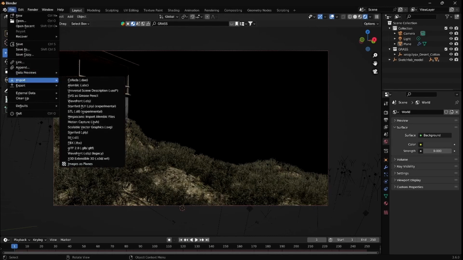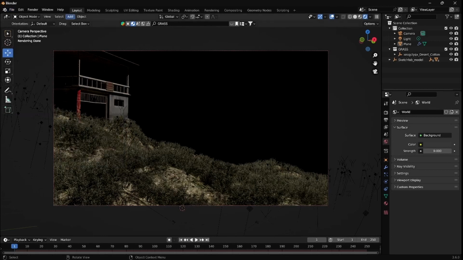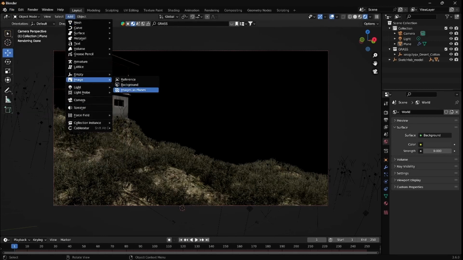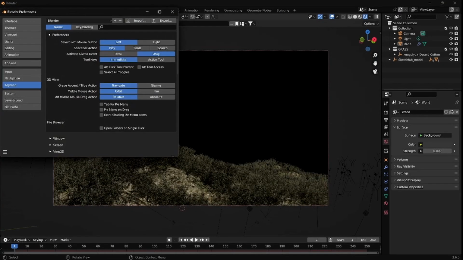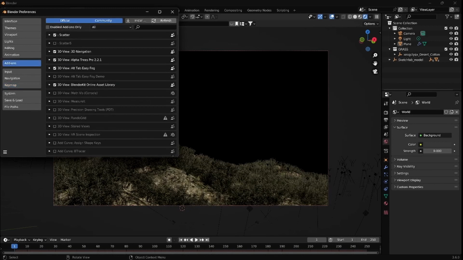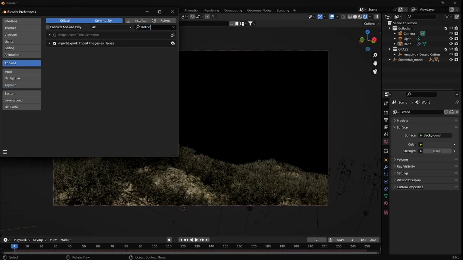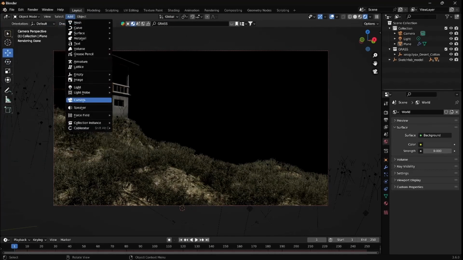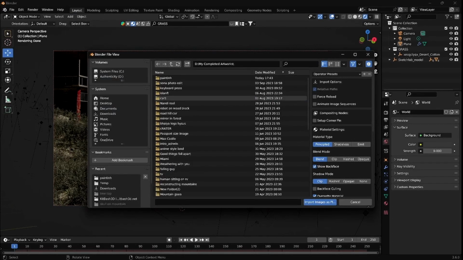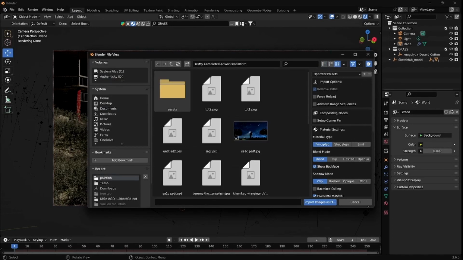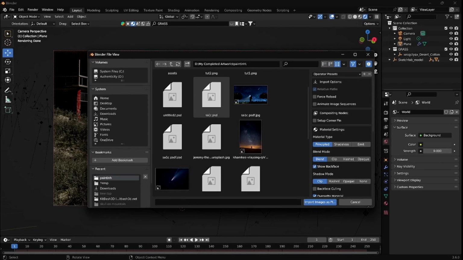use an image texture. So go to import, go to image as planes. You can enable this in the preferences. Go to preferences. If you don't see this option, go to add-ons, press image as planes, just select this one, and now go to add, go to image as planes. Now select the image which you want to use as the background. So mine, I will be using